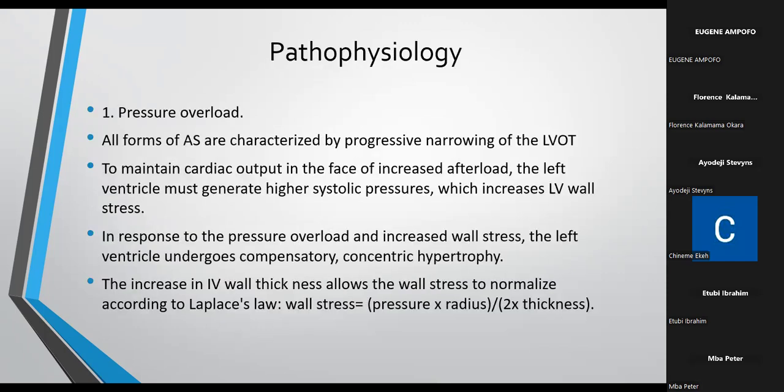And then following on, the LVOT is a pressure overload. All forms of AS are characterized by progressive narrowing of the LVOT, and to maintain the cardiac output in the face of increased afterload, the left ventricle must generate a higher systolic pressure, and then this will increase the LV wall stress. And in response to the,